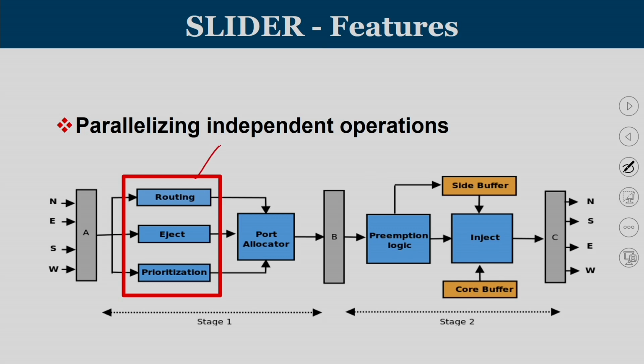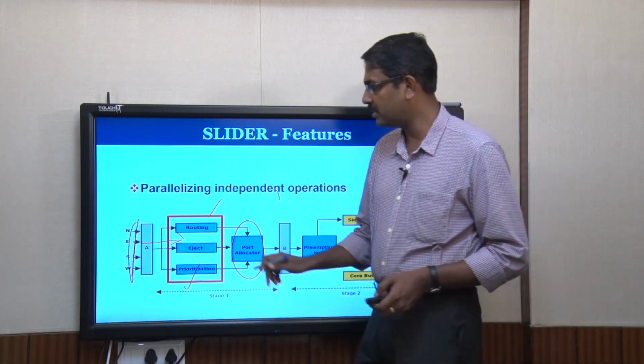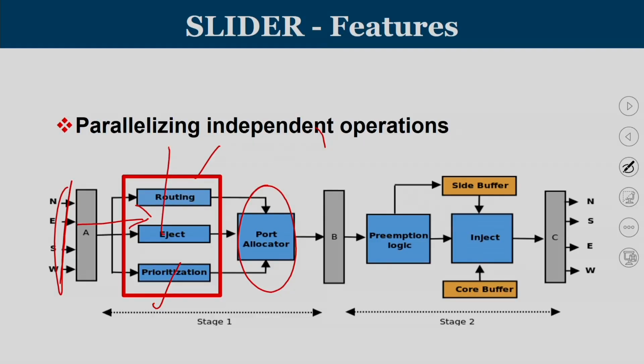The routing unit only wants the destination address. The prioritization unit, by hops to destination priority, also wants the destination address. So they just extract the destination address field from the incoming flits, and the flit will directly go to the eject stage, where the flit is ejected. And then we have the port allocator, which is basically your PDN, and the eject unit will take care of the flit to be ejected. Remember, Slider comes back to a single ejection bandwidth, and the port allocator is a normal PDN.